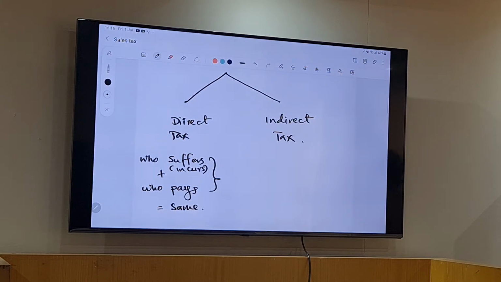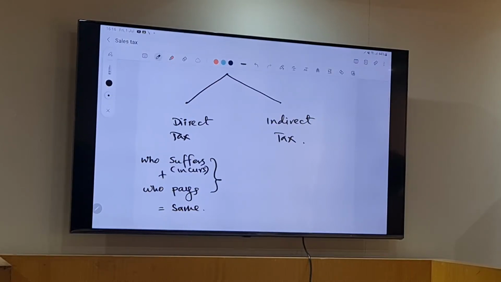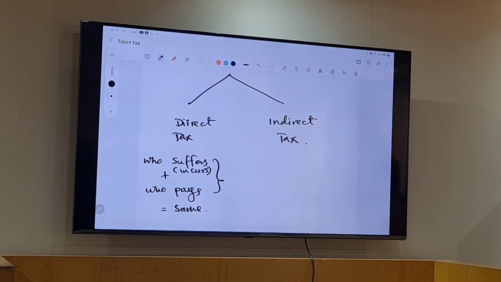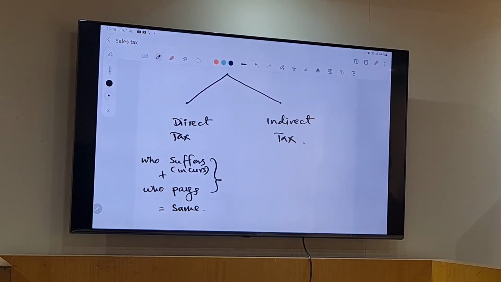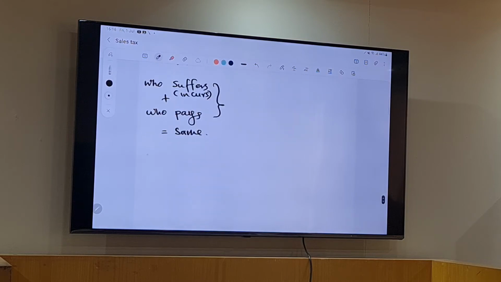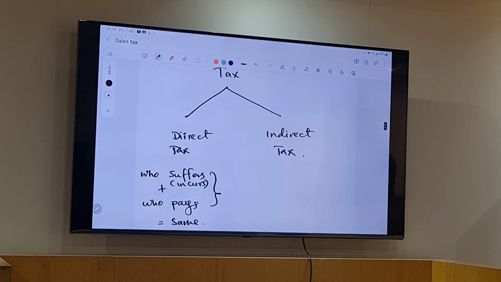Who will pay? Your profit, you have a tax, and then who should pay this to the department? Company. Yeah, company, and whose company now? Me. That means profit for you, you suffered this tax, and then you paid. Correct? So in that situation, that type of tax we call direct tax. Example, income tax. You also have something called indirect tax.